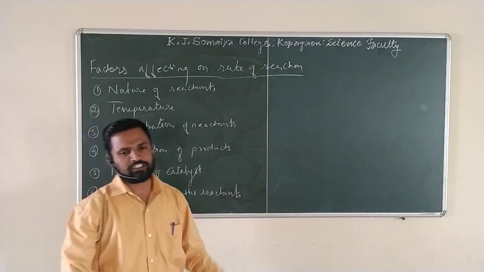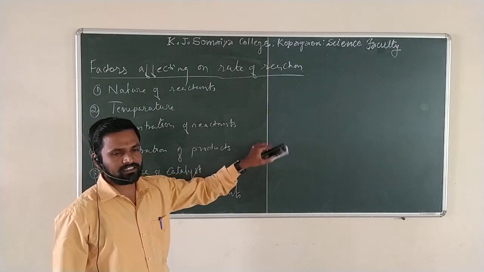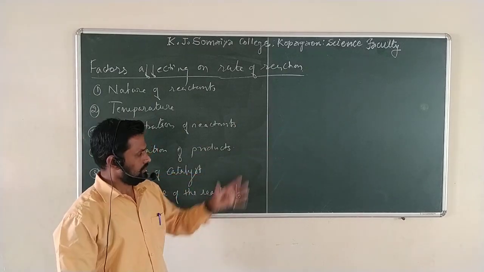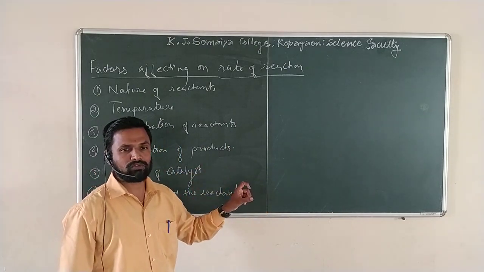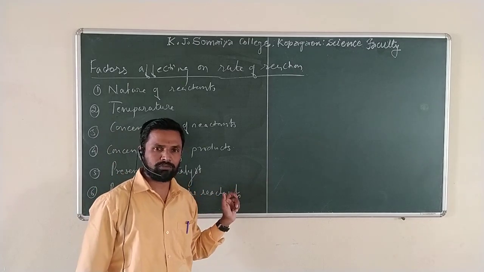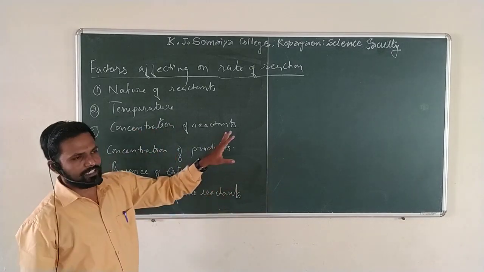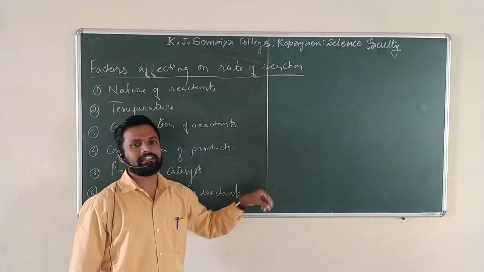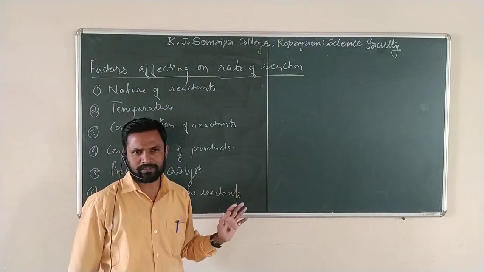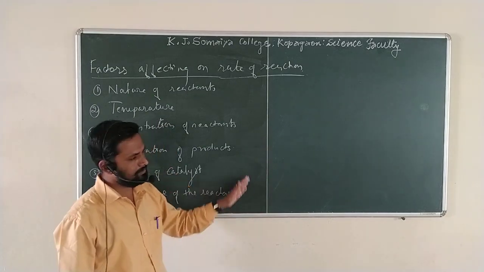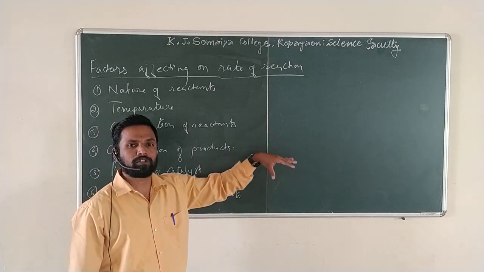First is nature of reactants. For any chemical reaction, you are proceeding a certain chemical reaction, we should know reactants are converted into the product. At the same time, what is the nature of the reactants? Means what? What is the reactivity of the reactant molecules? Can it proceed for the reaction or not? We know that in a chemical reaction, some of the reactants are highly reactive, some of the reactants are moderately reactive, some of the reactions are very slow reactions. Means they will definitely be converted from reactants into the product, but their own nature plays an important role.